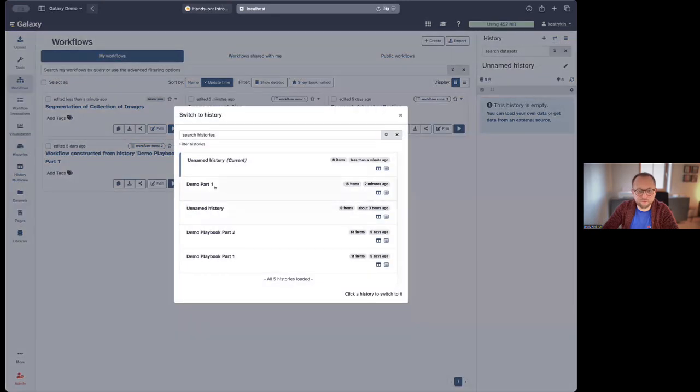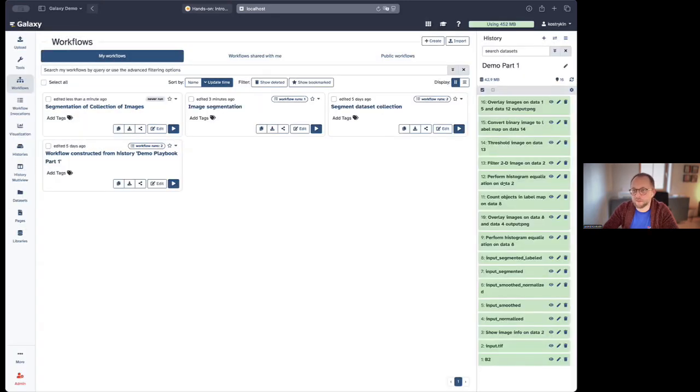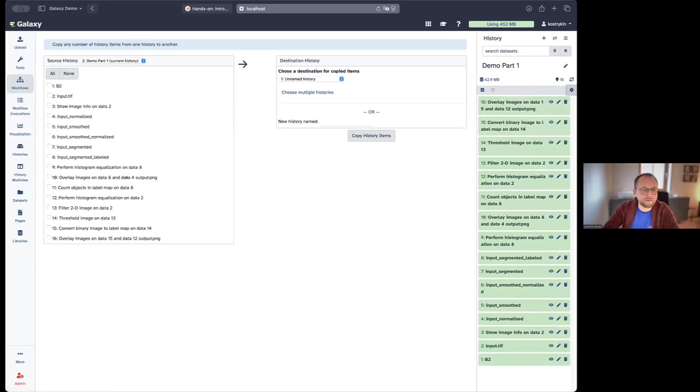And then I go back to my previous history and I will copy the downloaded file, the zip file, from my current history to the new history that I just created.